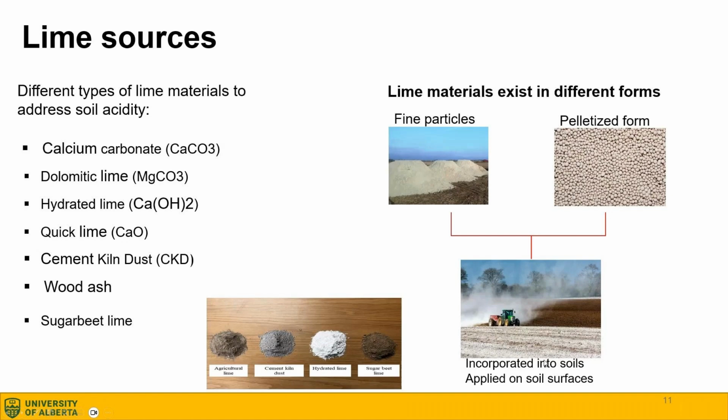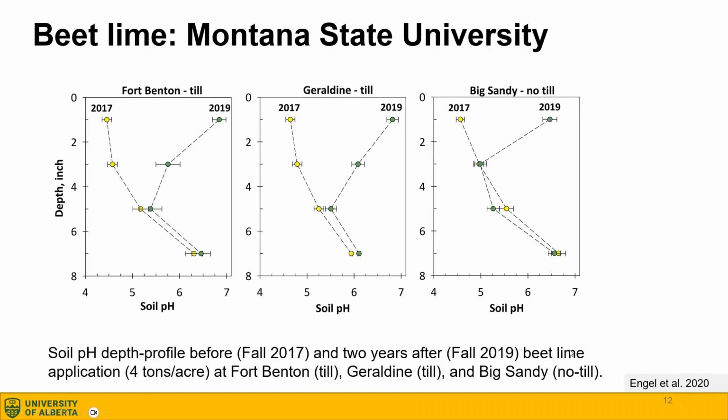We have this data from Montana State University. What they did is that they went and got a soil that had stratified soil pH into the soil column. So this is soil depth in inches, and they had 3 sites. 2 of these 3 sites were tilled, and this is one site that is a no-till site. And what they did is that they applied lime in 2017, and then they sampled the soil